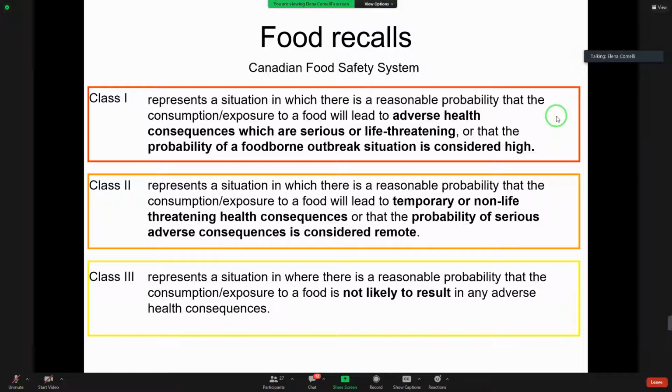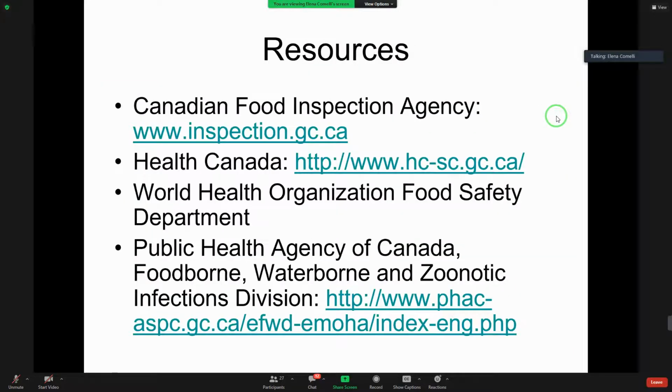So this is to say that there is a system in place in Canada, and this is how it works, and it's very open and transparent. By going to the website that I put the link to, you can have all of the information on what's currently going on and the results of the investigations, and what they led to. And again, these are a few websites for those of you who are interested in going a little bit more in depth into this.